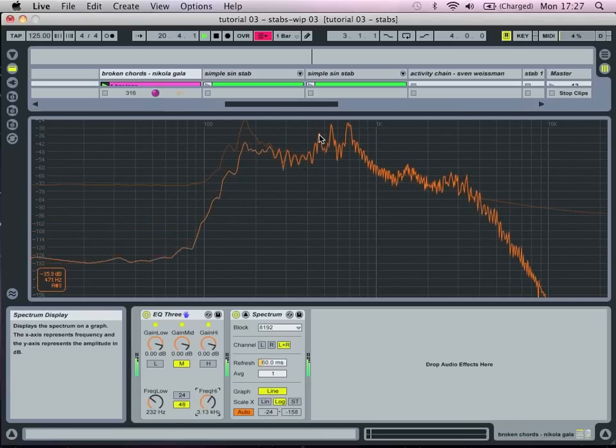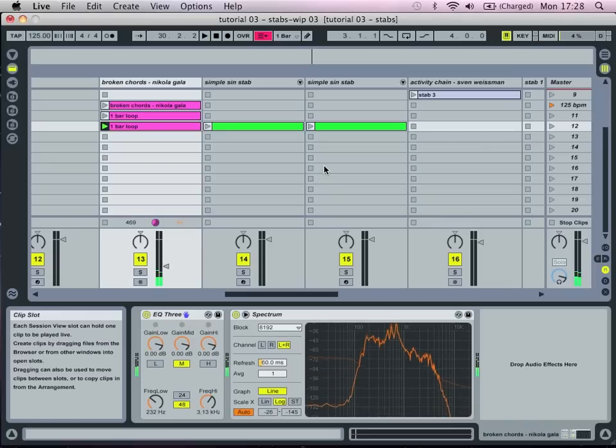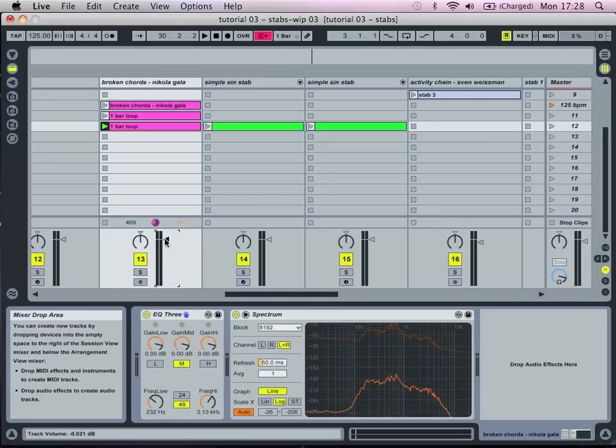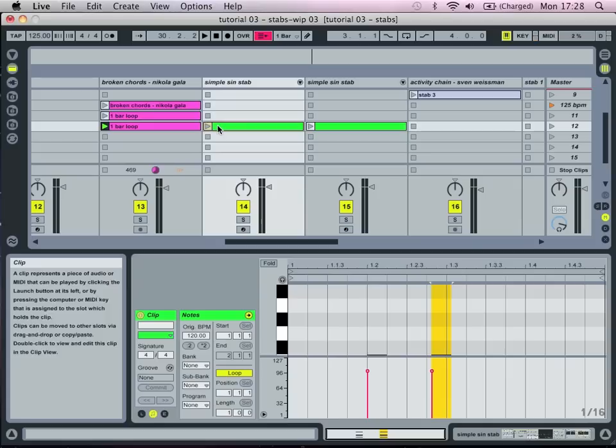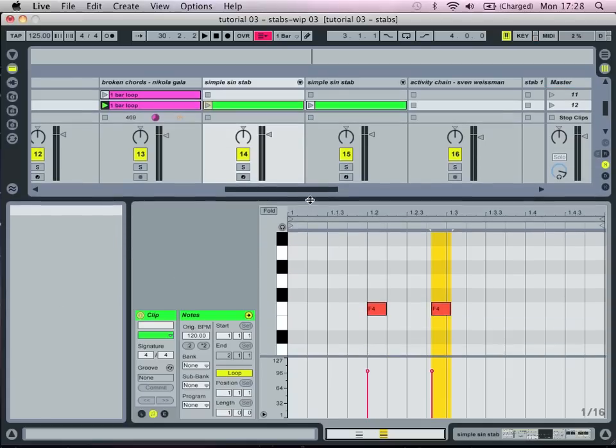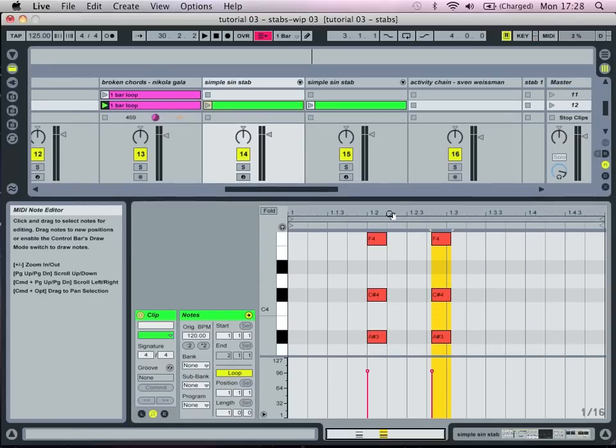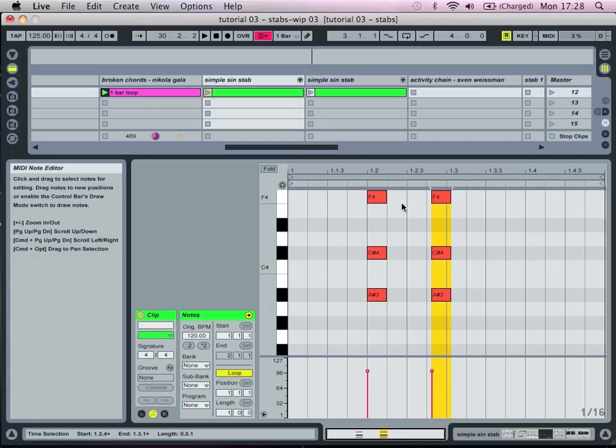So I would suggest the root is this B flat here. The next note in the chord is this C sharp 4. Although there are two peaks here which are very close together, let's just go with the first one and take it from there. So that's the F4. And let's see what that means in real terms. I've already prepared that